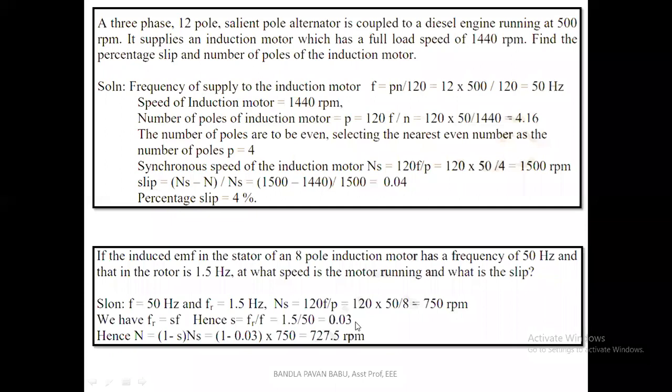Suppose we want to find the speed of the rotor under running condition. Of course, they have asked for it in the problem. We need to find the speed. So Nr equal to (1 minus s) into Ns. We defined this equation earlier. By substituting all those values, we got 727.5, or make it 728 rpm. The speed is also fixed there, no issue with that. Leave it as it is, whatever answer we have got, 727.5 rpm. So these are the two examples relevant to this topic.